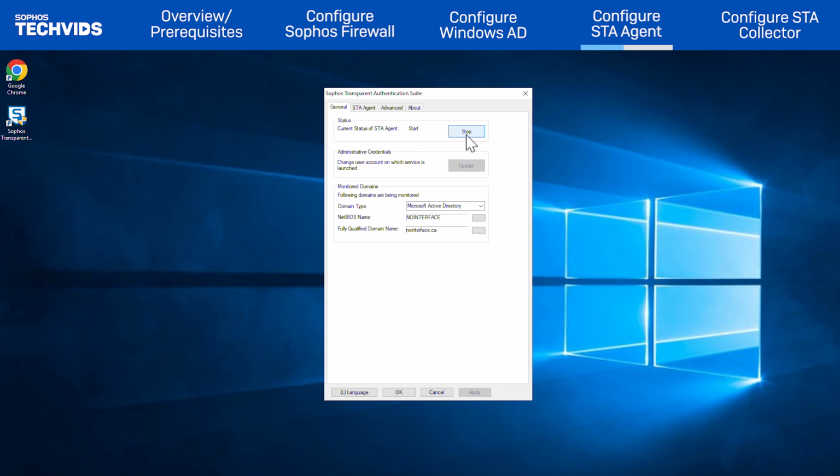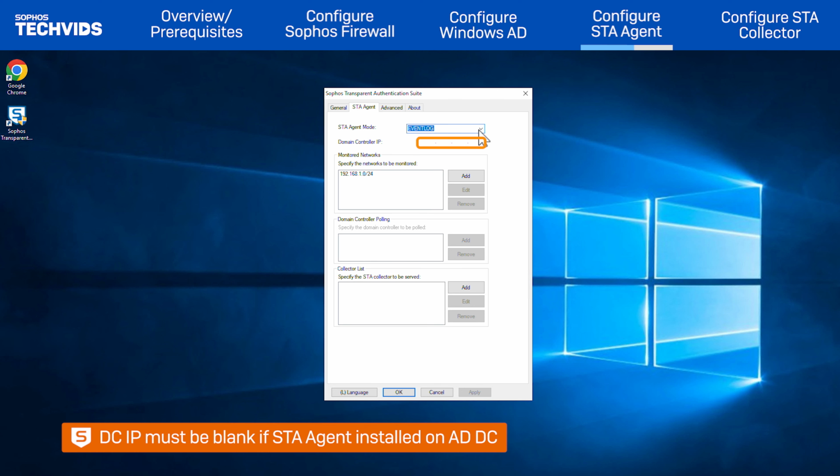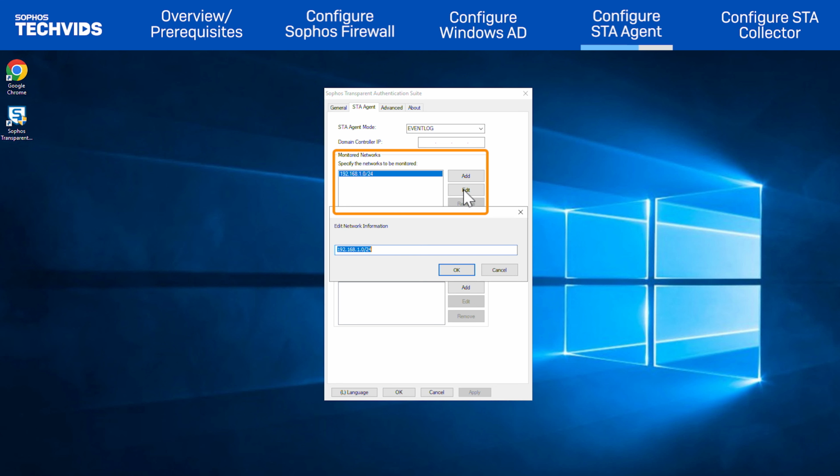If the STA agent cannot be started, double-check the administrator credentials, NetBIOS name, and fully qualified domain name, and that the user has enabled the log on as a service permission. Next, go to the STA agent tab. Set STA agent mode to event log. In this case, the domain controller IP field should remain blank since the STA agent is installed directly on the AD domain controller. Monitor networks is the network address of the AD workstations. In this example, it is